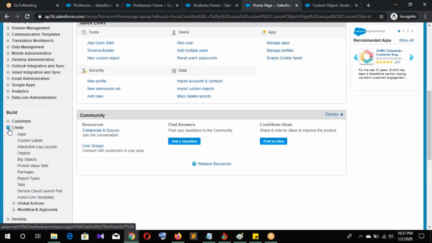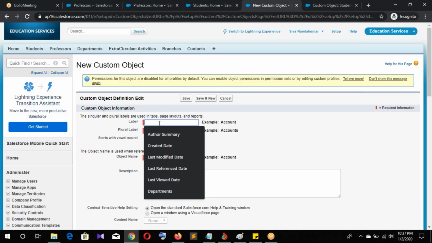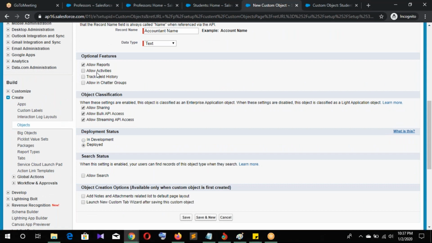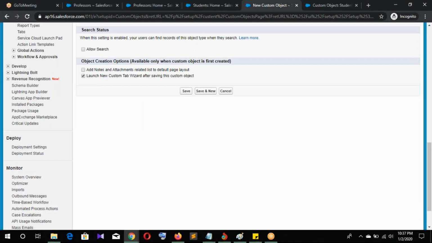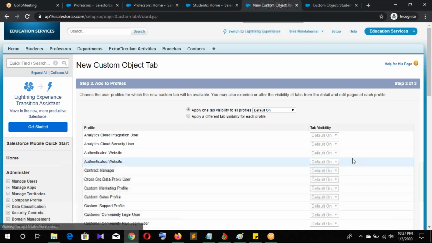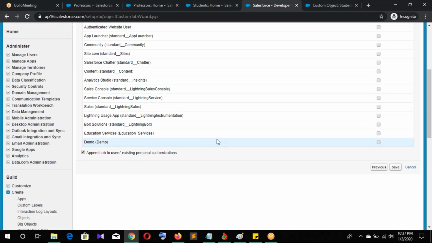Create, objects, new custom object, accountant, save, and tab style. Next, save.